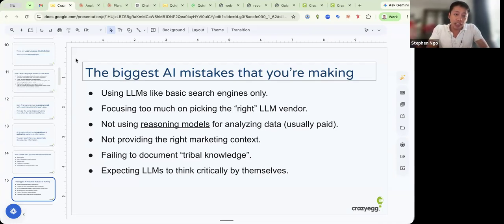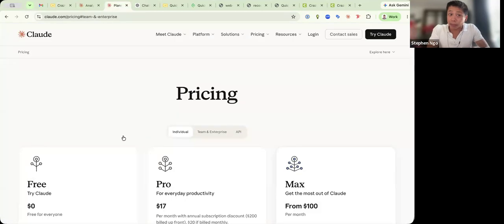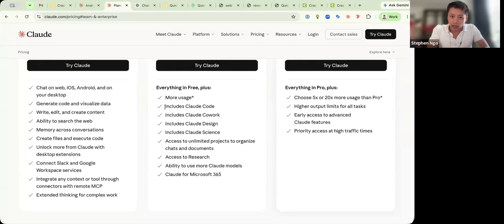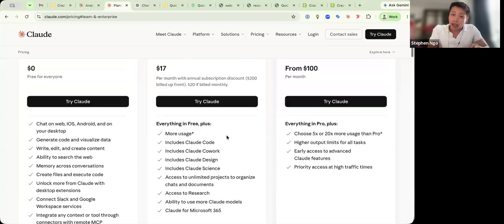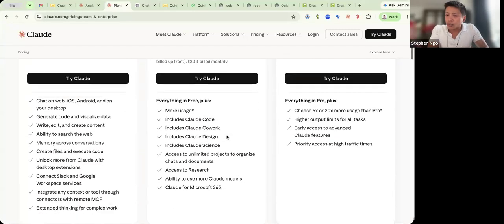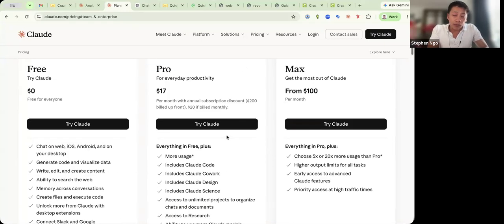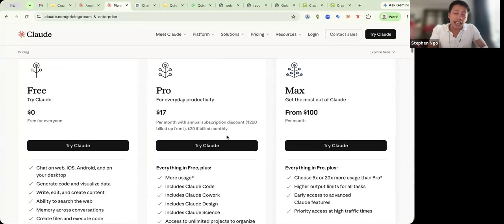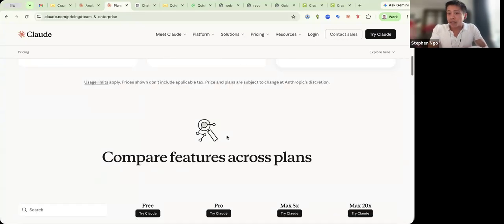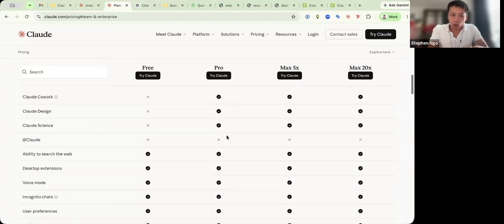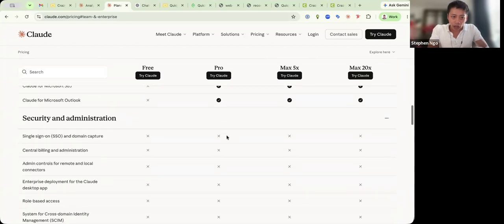And the thing I really need to emphasize here is that a lot of the time, if you're not paying for the AI model, you're probably not using a reasoning model. If, for example, let's say I go to the pricing page for Claude, you'll see here that there's a lot of different Claude products which have access to reasoning models, or enough access to reasoning models that you can really use them. But if you're using the free version of Claude, you're probably not getting access to the best reasoning models. And the best way you can tell is, for example, if you scroll further down, Claude lists,